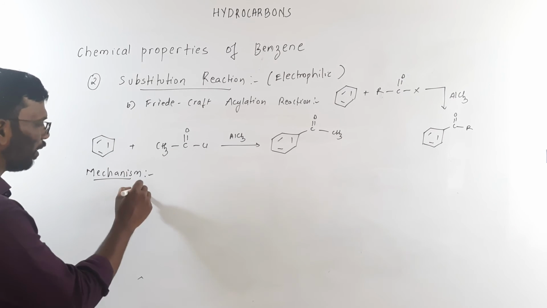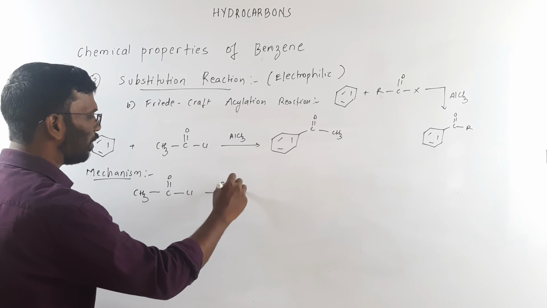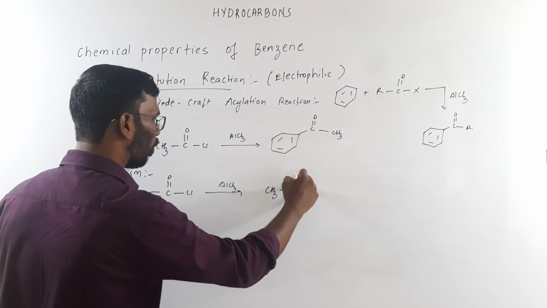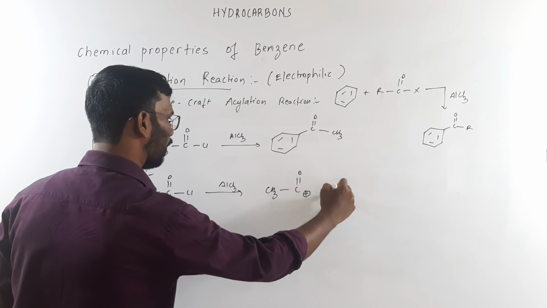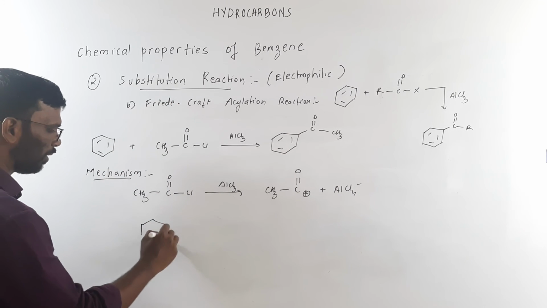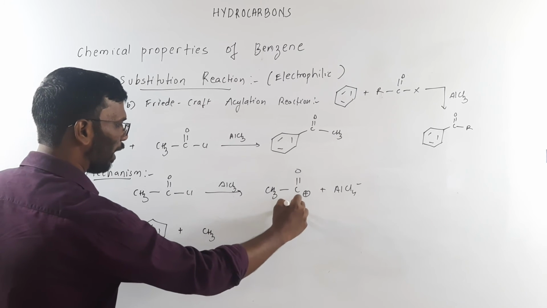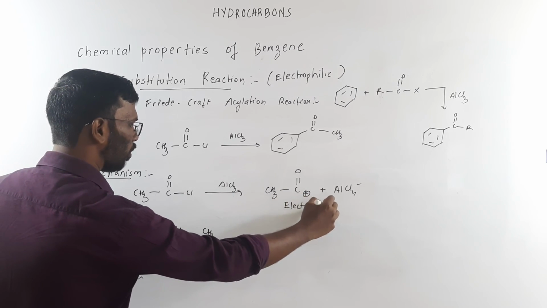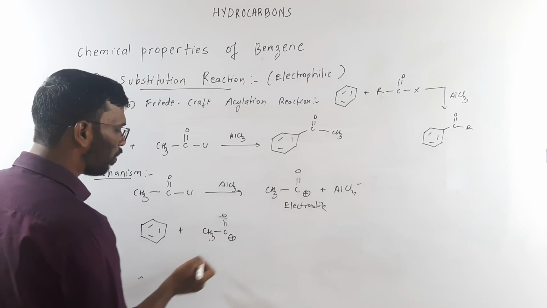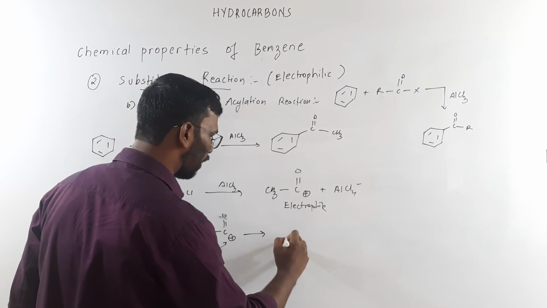That is, first will be CH3, C double bond O Cl. In the presence of AlCl3, this bond is very weak. It could be broken very easily. So here, this type of positive charge and AlCl4 minus is generated. Then next step is same. That is, this is your electrophile. This is the electrophile which is generated, and here, like in the case of alkylation, alkyl group was the electrophile, here acyl group is the electrophile, and finally what you get is this.